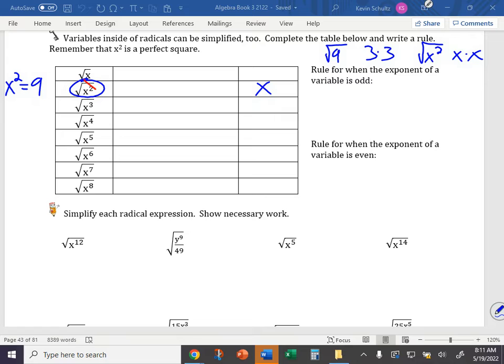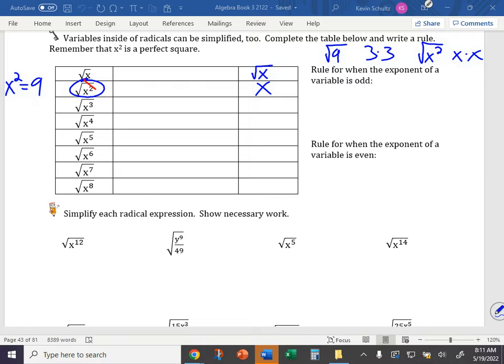The root of x, we can't do anything with because we don't know what x equals. So we cannot simplify that. So the root of a variable by itself isn't going to change. That's like that extra factor that you can't do anything with. We don't know, we don't care. Root of x is just going to stay root x. Root of x squared simplifies to be x. And now when we get to the root of x cubed,